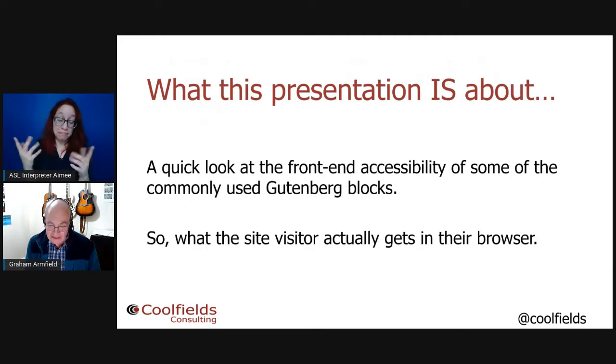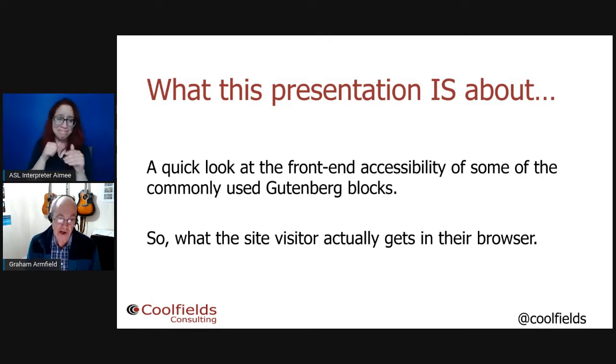But one of my own websites needs a bit of TLC, and so I thought maybe it's time to start embracing Gutenberg, and I just wanted to see what it was like from an accessibility perspective. Most of the clients that I've worked with over the years are not at all technical people. They don't really know much about HTML or Gutenberg or accessibility.